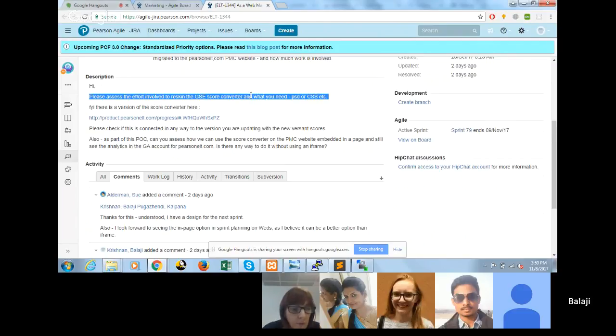But there was that question about how we can embed it so that it's not an iframe, so that the tag on the page fires for all of that content. Yes, actually, it is possible. If you want to use the iframe, we can use the GSC code converter ELT pages in English.com.